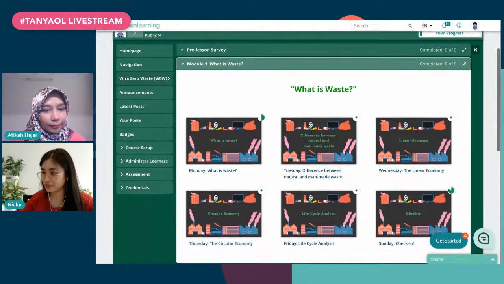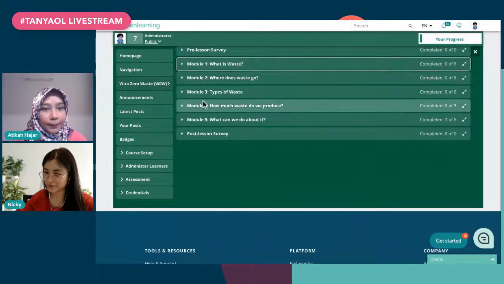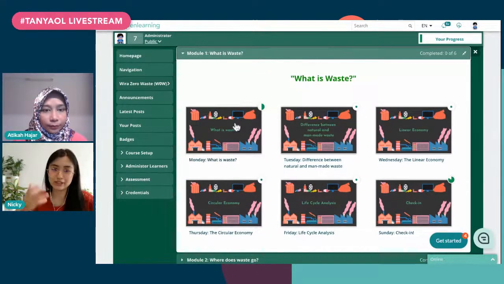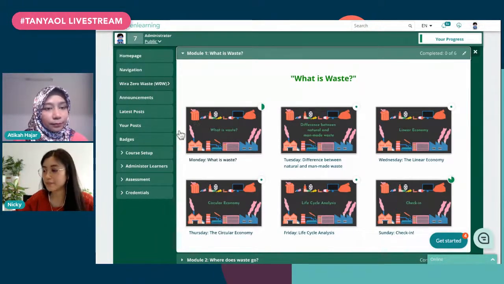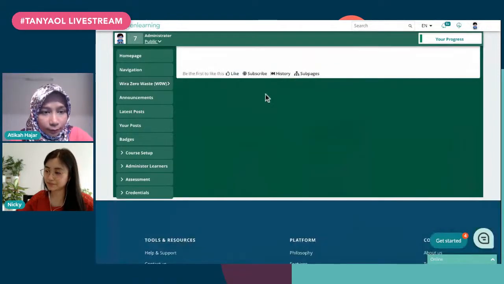So remember, in the course design document, we had 5 modules. And here we've got 1, 2, 3, 4, 5 modules. And then each module had about 6 pages because we had those daily missions that we wanted the learners to complete. So we broke them up into Monday, Tuesday, Wednesday, Thursday, Friday, and then on Sunday we had a check-in. And so if I click into one of these pages,